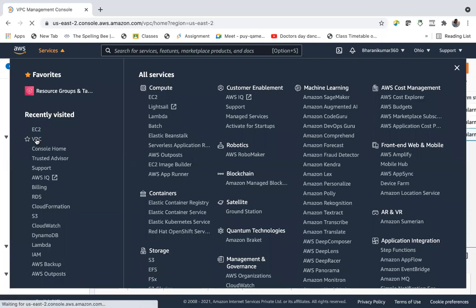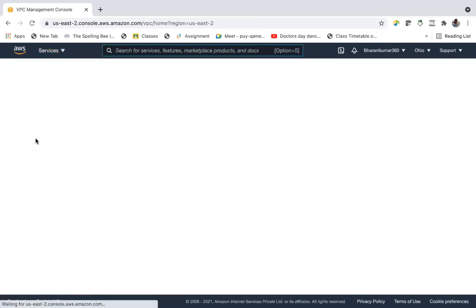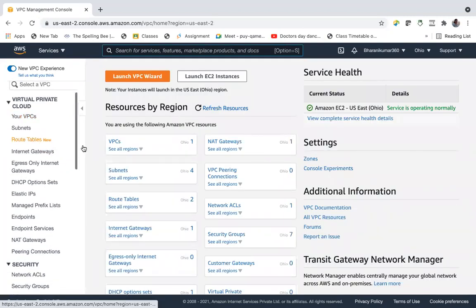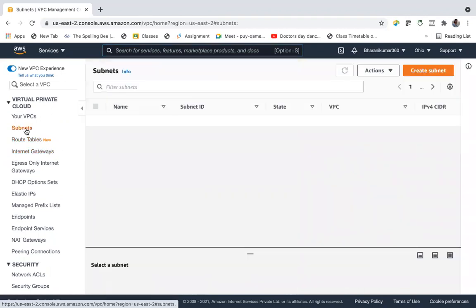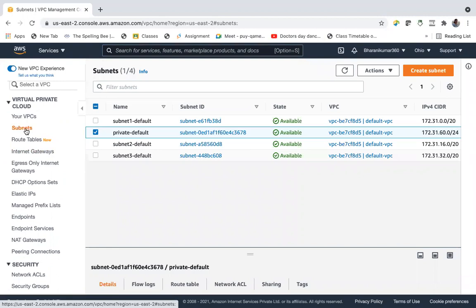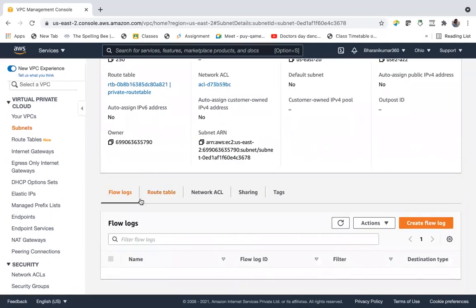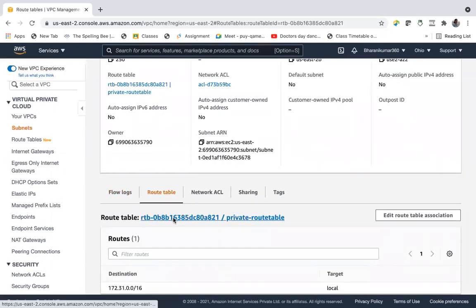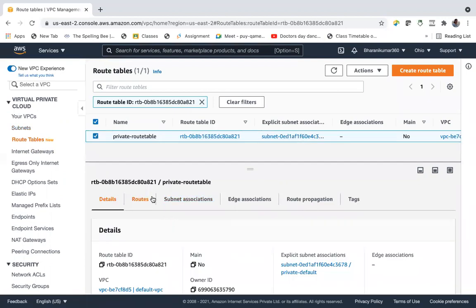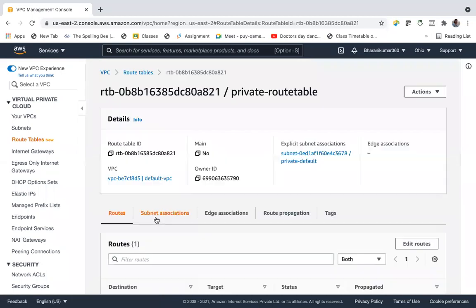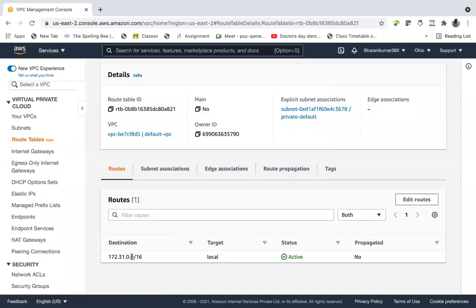VPC, subnets, private default subnet, right? And it uses this route table, and it has only a local route.